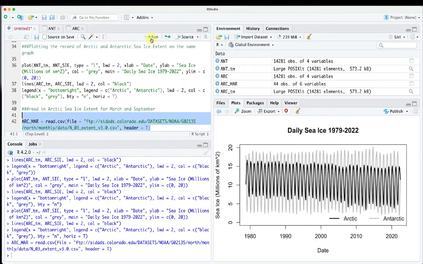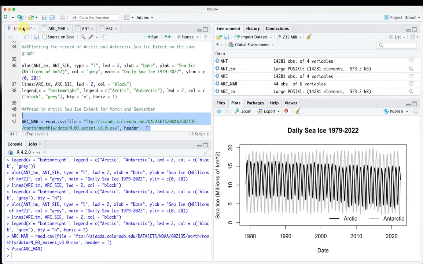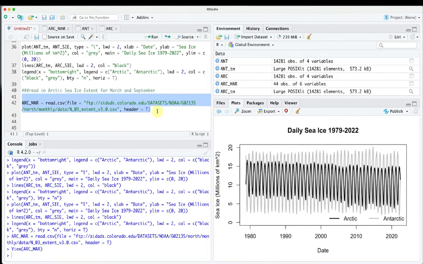So let's go ahead and read this in. Run. So here's now Arctic March. Let's take a look at that. So here's year, month, data type, region, extent, and area. Okay. And then let's now also read in September. Arc